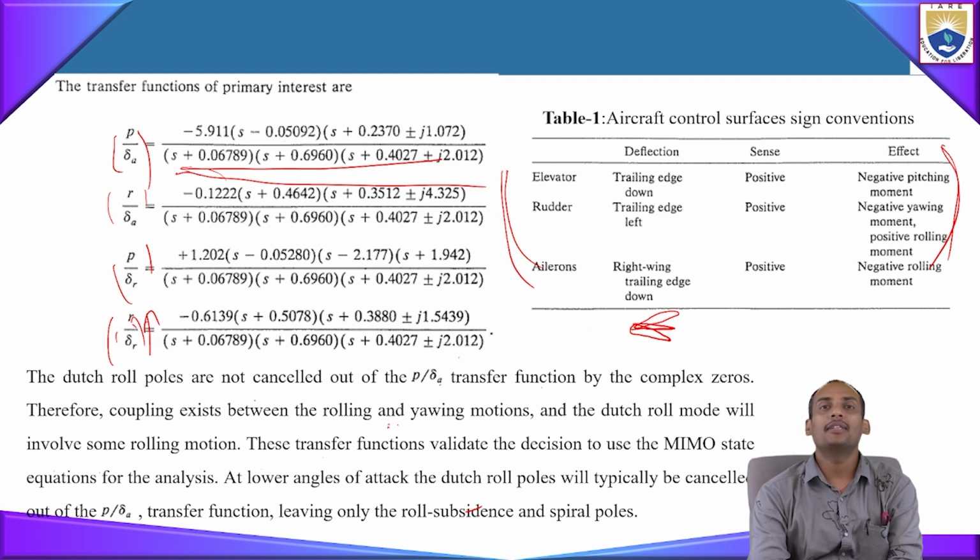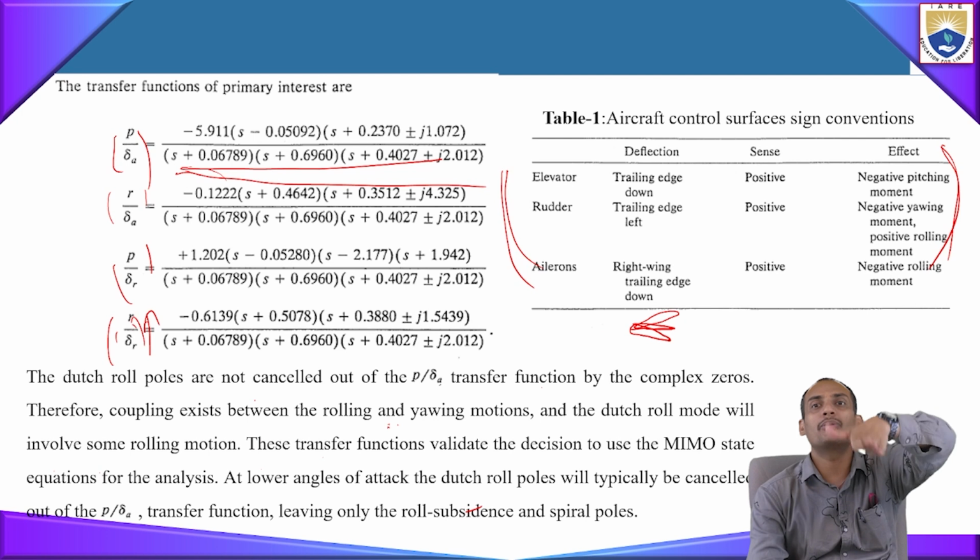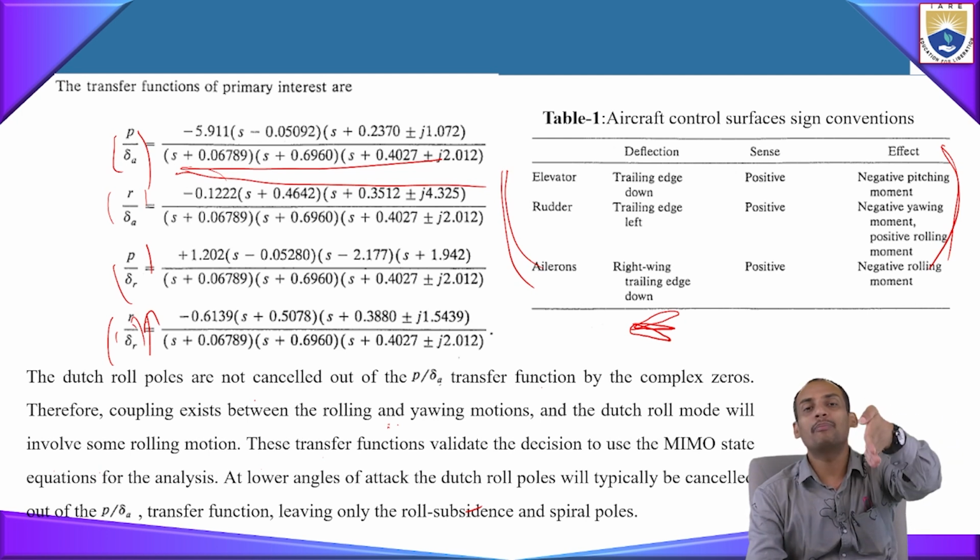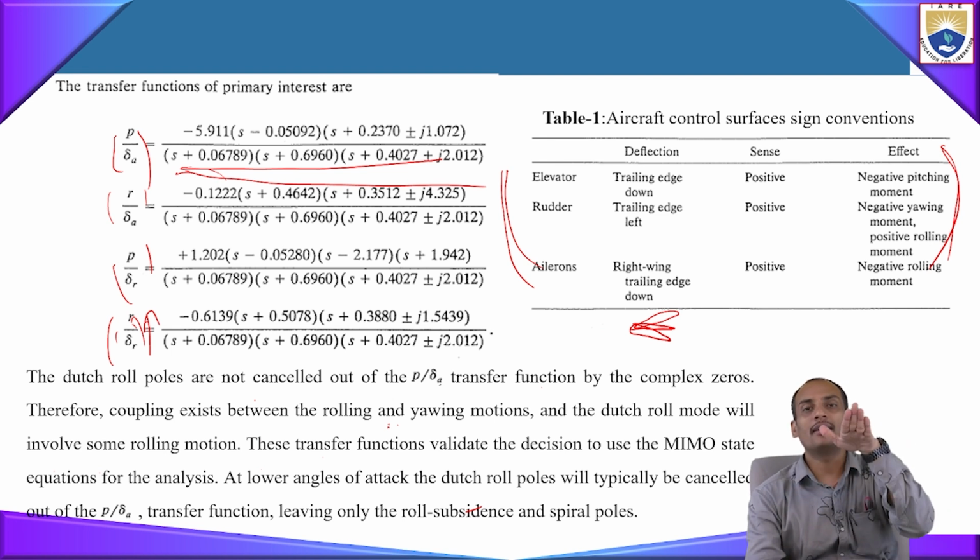Like here, the Dutch roll and yawing motion will be coupled, like the coupling of rolling and yawing motion. If the rolling and yawing motion is coupled, we will get the motion together when we are applying the control input. At a lower angle of attack the numerator may typically be cancelled, right? When we are at a higher angle of attack and lower angle of attack, you see,